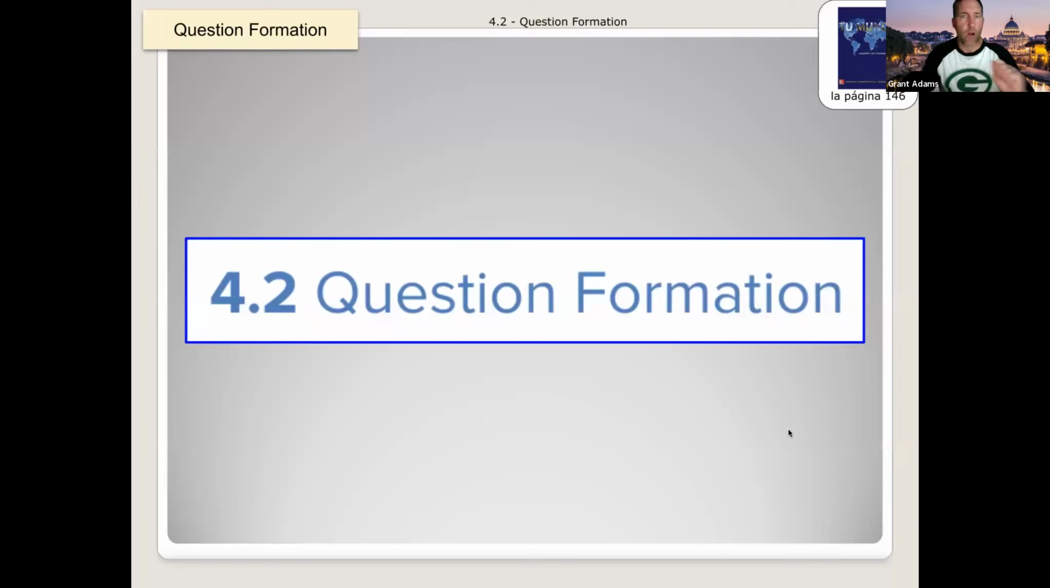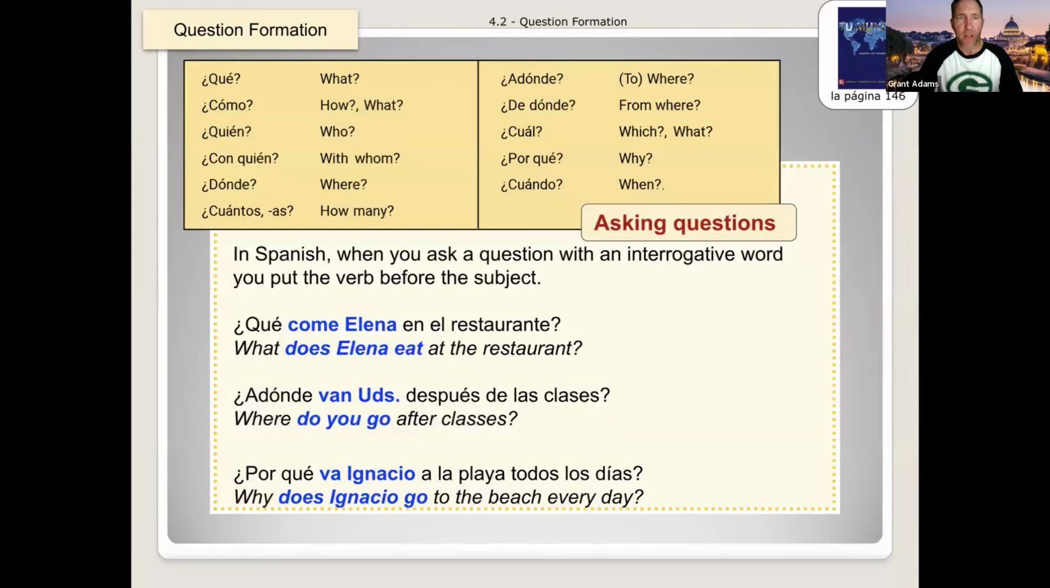We're rolling through all of these chapters. Las preguntas, forming a question. Tenemos las palabras qué, cómo, quién, con quién, dónde, cuántos, a dónde, de dónde, cuál, porque, cuándo. I just suggest that you commit those to memory because you're going to use questions all the time. In Spanish, when we ask a question with an interrogative word, you always put a little